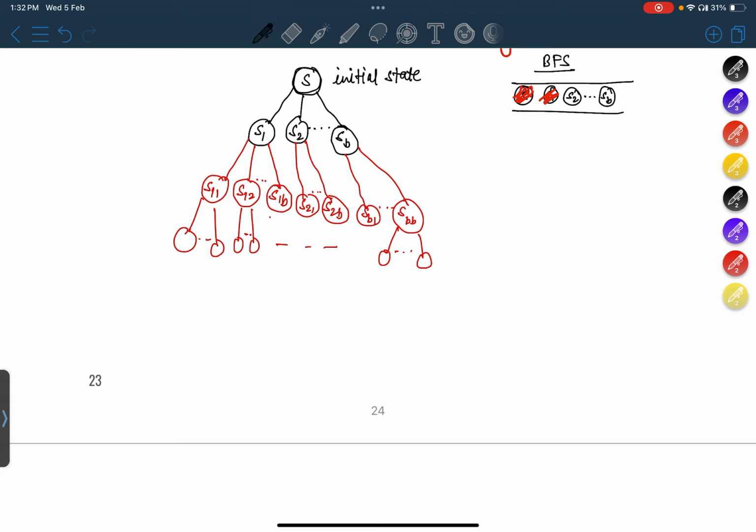So technically देखा जाए तो यहाँ पे this can be considered as a level 0, this can be considered as level 1, level 2. So the BFS explores the search space in a level by level manner. तो let's suppose कि उसे जो goal मिला है, that goal has been found on the level D. D लेवल पे जाके उसे गोल मिला है,